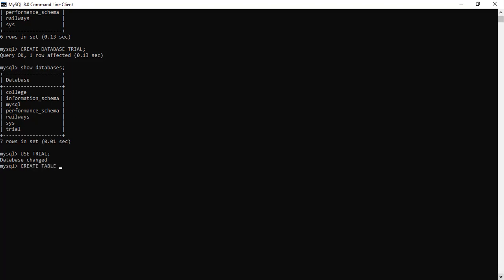Suppose I want to use student as my table name, followed by the column names and the data type names.